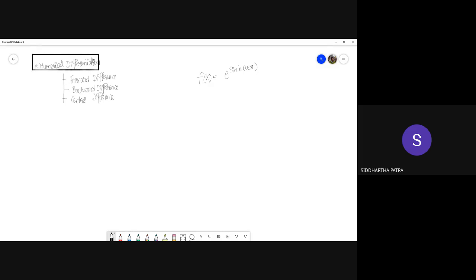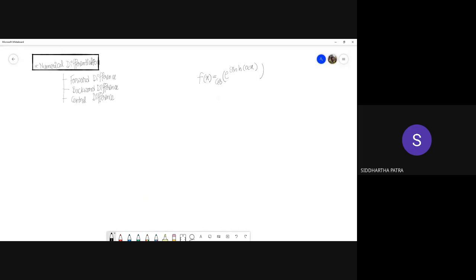So let's say make cosine of that. Whatever comes to your mind, a very complicated looking function, which is not very easy to differentiate, or possibly you cannot differentiate using standard analytical methods. That's why you want to use a numerical differentiation method. This function, however, should be such that you can evaluate it anywhere you want.